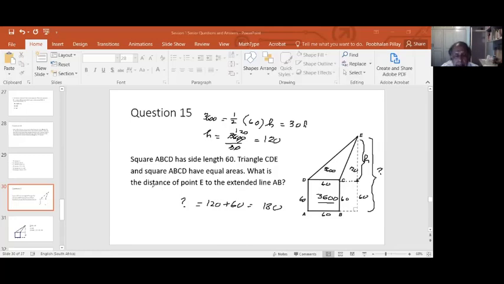The distance of the point E to the extended line is that. No units are given here. They're not saying centimeters or anything. So you just say 180. So that's the answer to question 15. All right. Now, the next question